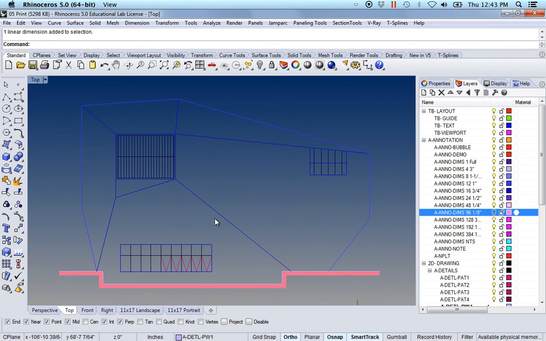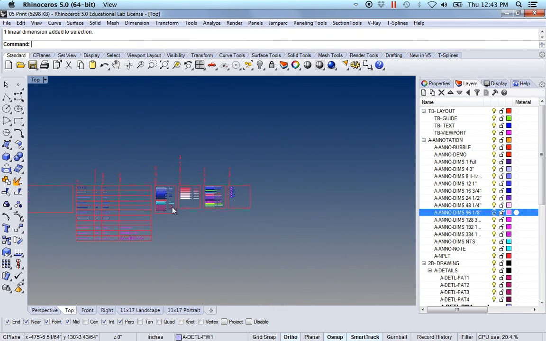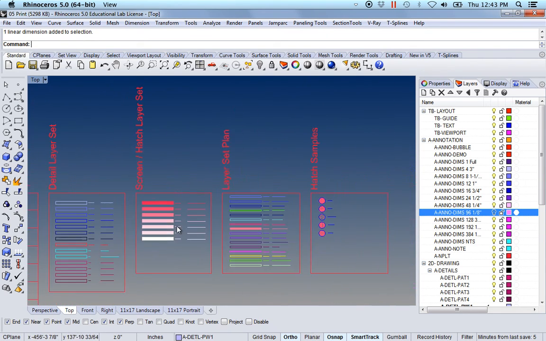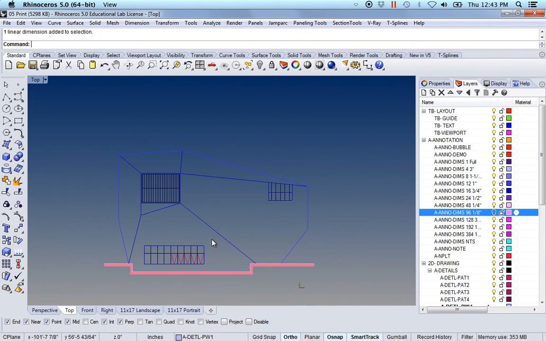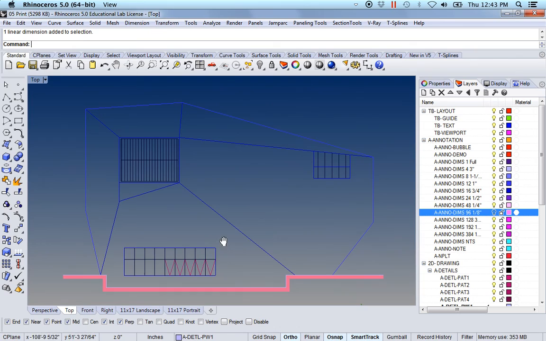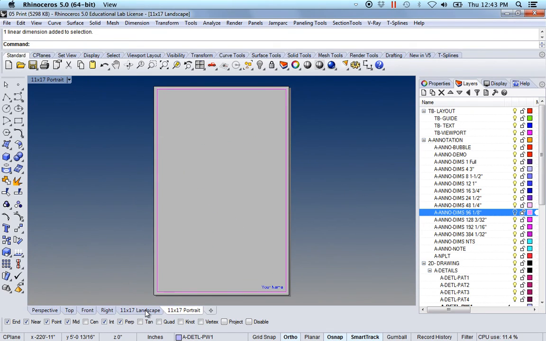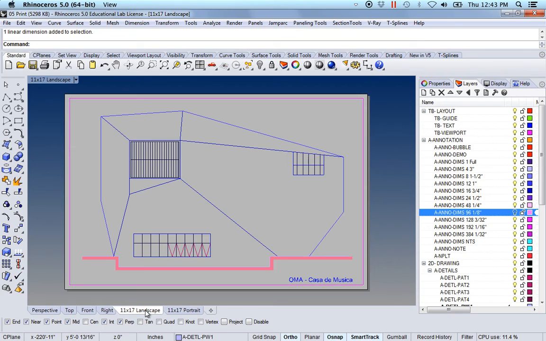Okay, so hopefully everyone has their drawings with the correct line weights and possibly hatches now set up. To get this ready for printing, across the bottom you should have a few extra tabs, one that says 11 by 17 landscape and one that says 11 by 17 portrait. These are your basic printing pages, right? So for example, if you go to the landscape,